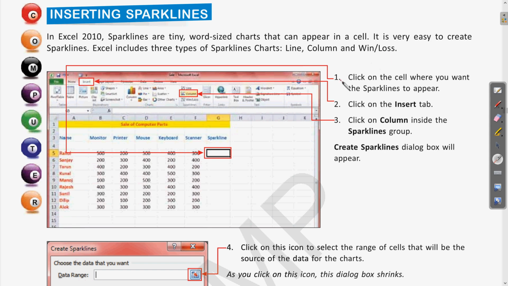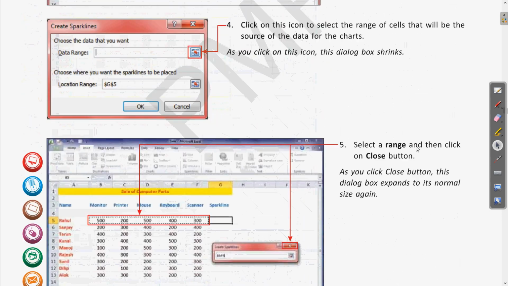Clear? Whenever we make a chart, sometimes we want some values to be represented in the table itself. Let me show you an example of this.